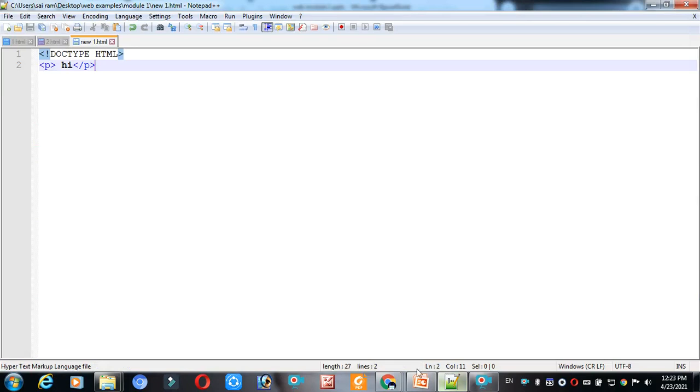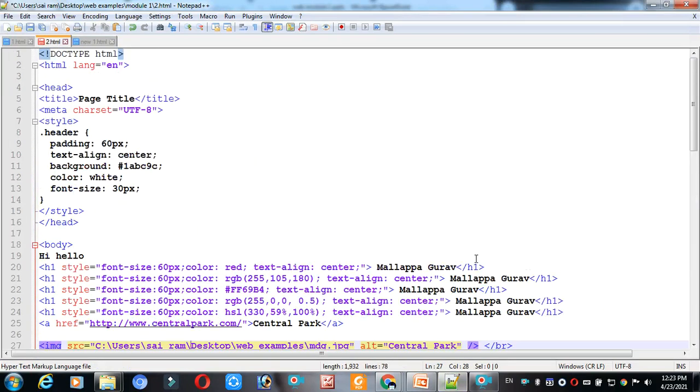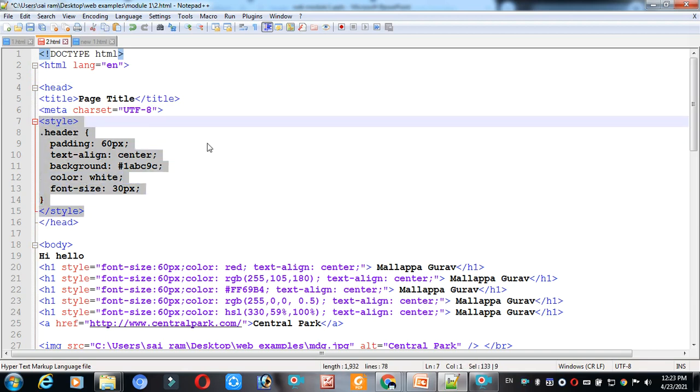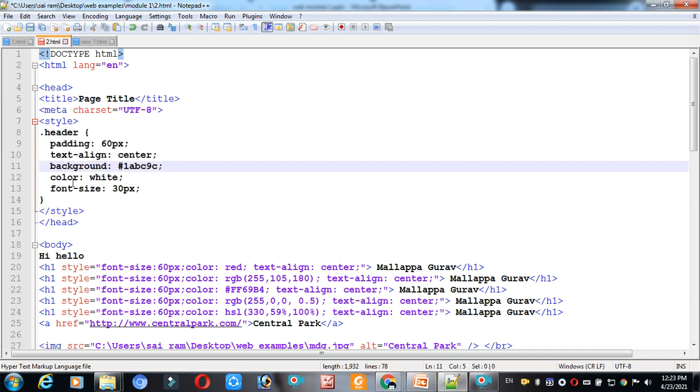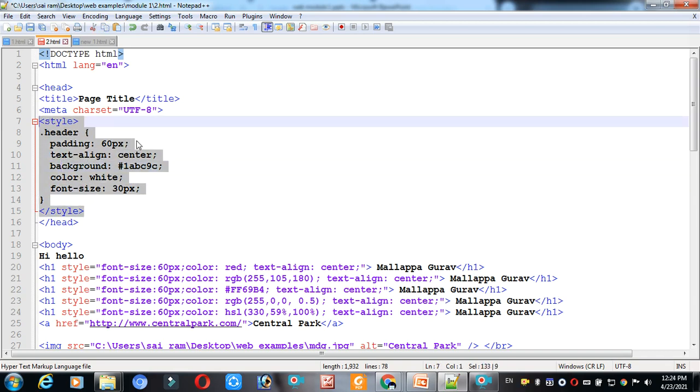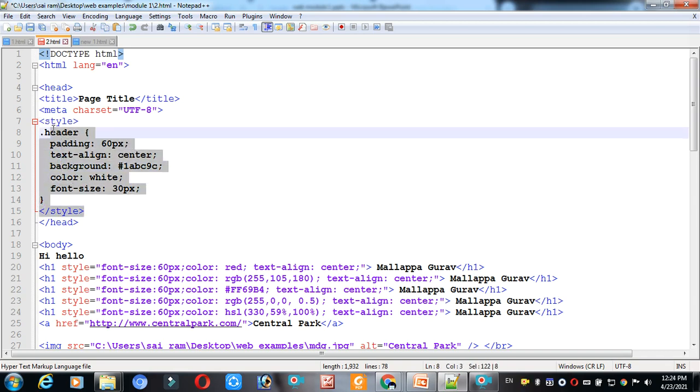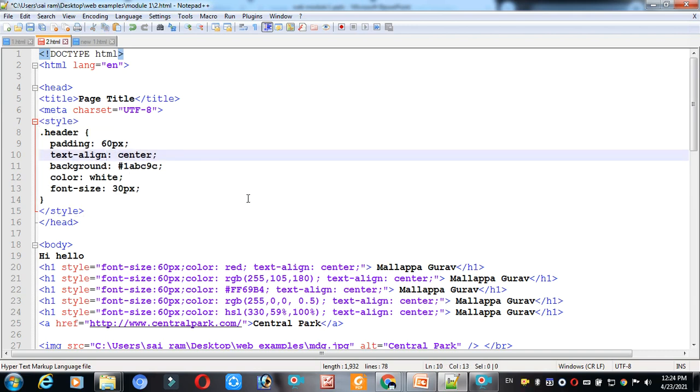And something we discussed here. This is an example where, in the document and language, here in the head part, within the head part you have a title and a meta charset. Again, implicitly you are writing a style. How can we write it? I told you, either external files can be used, otherwise you can write your code here within these HTML pages. This is a style you are using within the HTML pages.